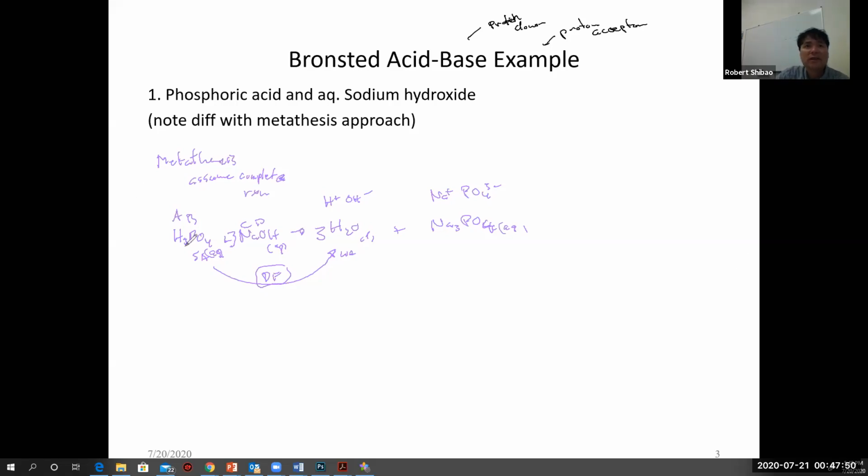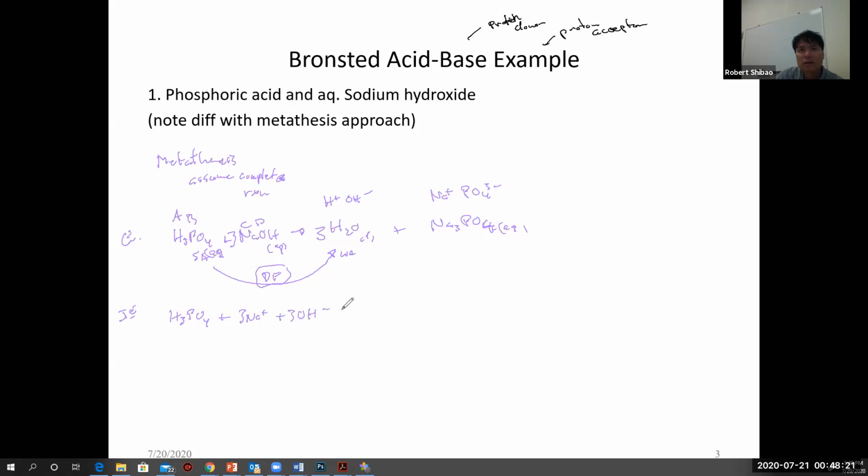So then we could do the ionic equation. This is the CE. For the ionic equation, we break up the strong electrolytes. Phosphoric acid is not a strong electrolyte. It's a weak acid. Strong electrolytes are strong acids, so we leave this alone, H3PO4. Sodium hydroxide is a strong electrolyte. It's a soluble salt. All sodium salts are soluble, even though it's also a strong base. And so we're going to form 3 sodium ions and 3 hydroxide ions.